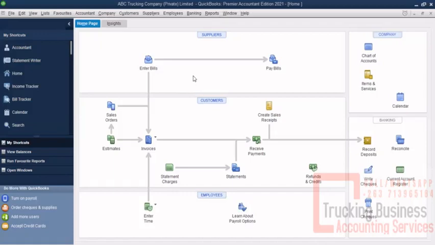All right, welcome. In today's video, we want to look at how to use QuickBooks to measure profitability of a trucking business. So we have got AB Trucking Company Private Limited, and we're going to use that as a case study and see how we do it. Now, we have been provided with financial information to use in the case study. So let's go to that financial information and see